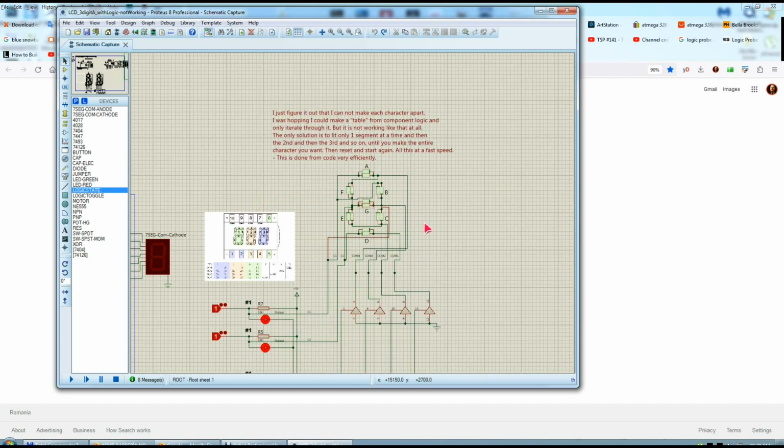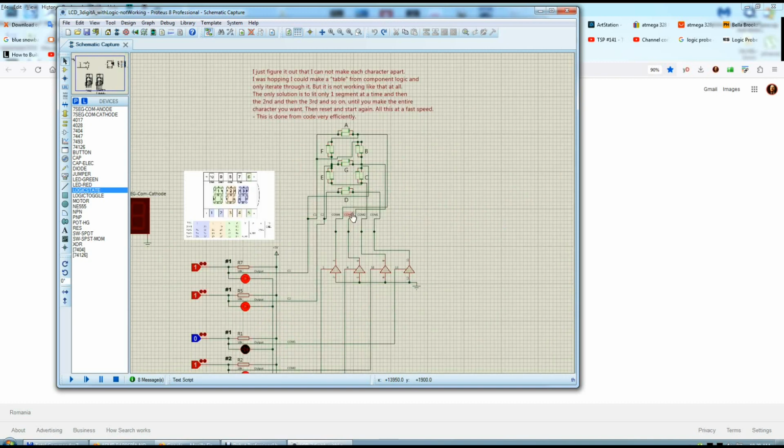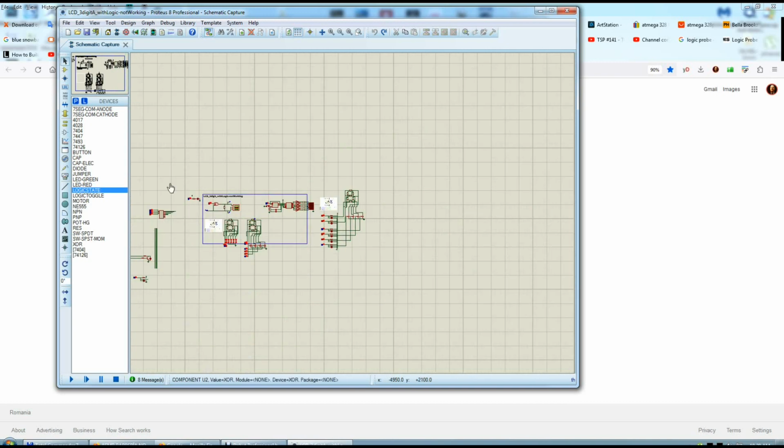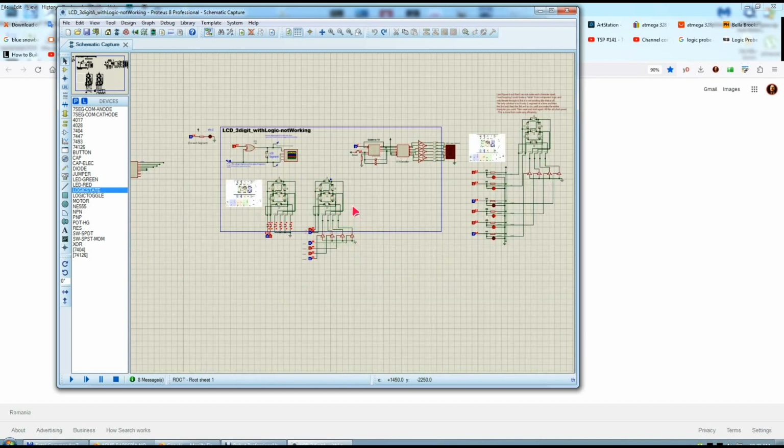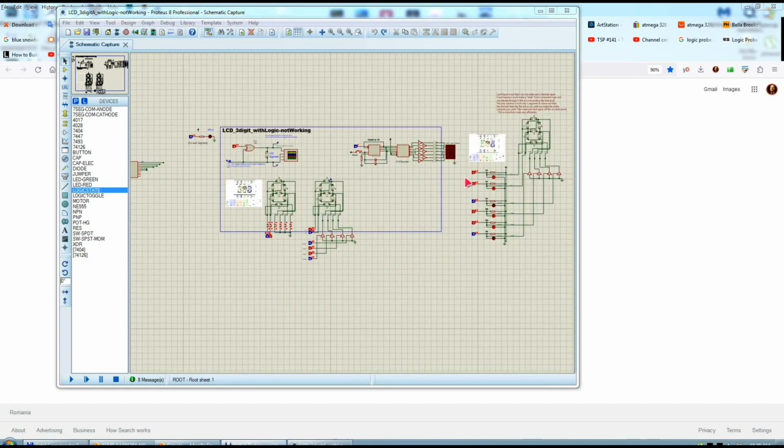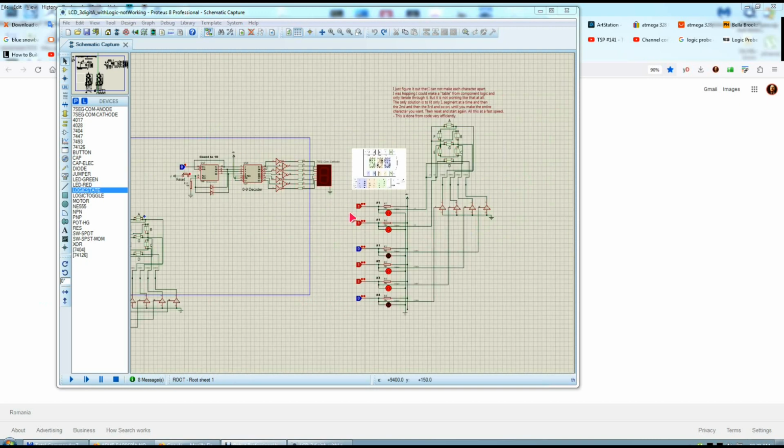So the conclusion is that I cannot make a table with digits and count through them and actually show the digit from that particular circuit that I have for that particular digit, and that's what I was trying to make here, in this entire save file that I have here. So this was 2 days ago when I tried this. On the point of giving up, I swear to God. But then I